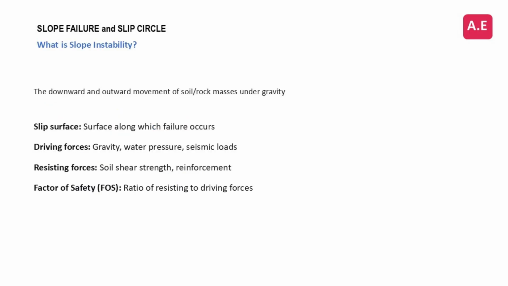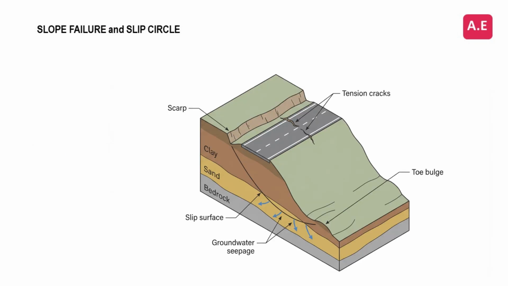Let's start with the core concept. Slope instability is the downward and outward movement of soil or rock masses under the force of gravity. To analyze this, we need a common language. Think of a slope on the verge of failure. It's governed by a distinct slip surface, the zone where movement occurs. On this surface, two sets of forces are locked in a constant battle: the driving forces, primarily gravity, that want to pull the mass down, and the resisting forces, mainly the shear strength of the soil, that hold it in